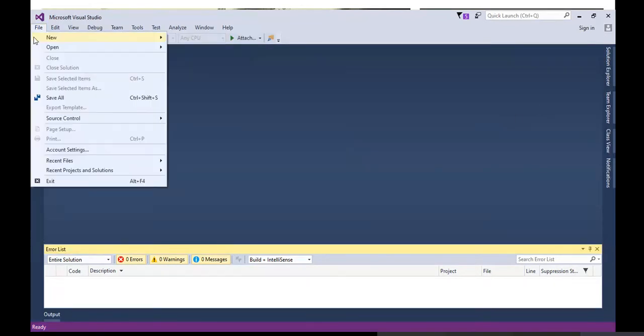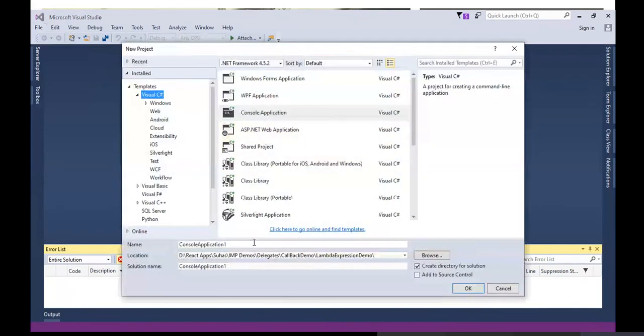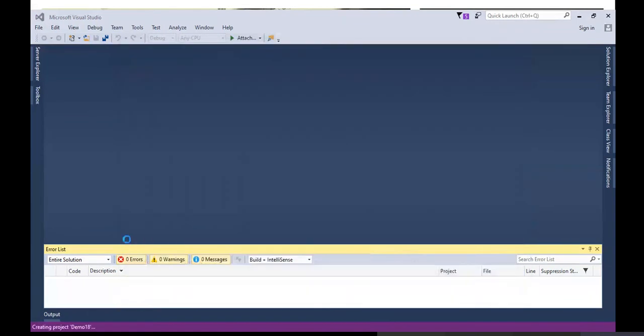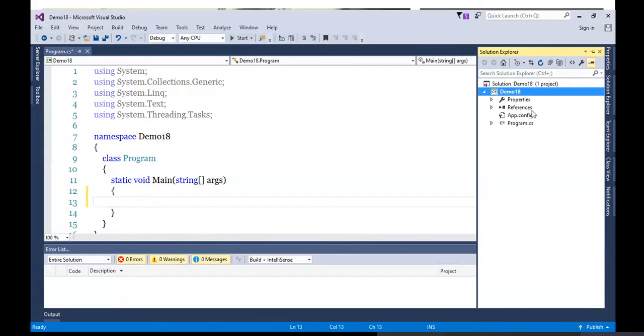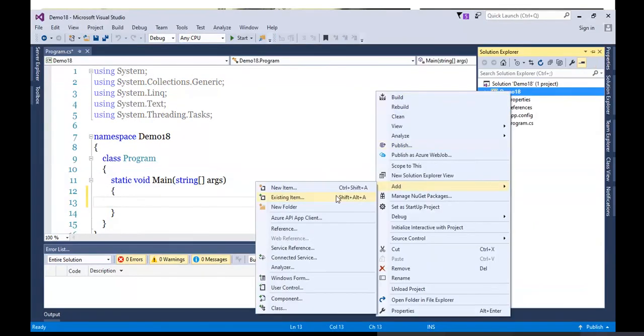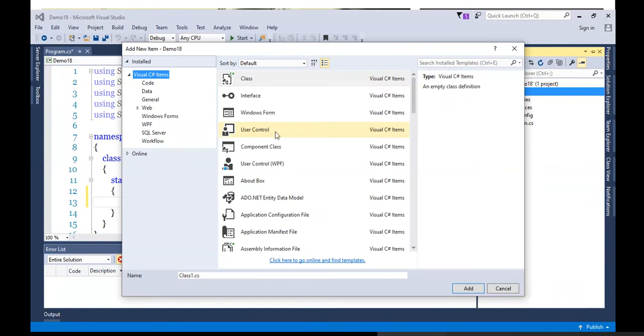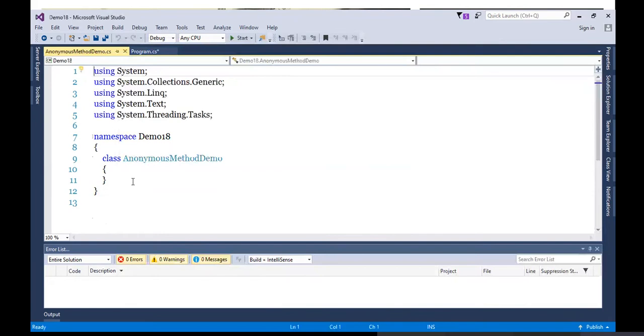So file, new project, let's say Demo 18. Let's create one class again, AnonymousMethodDemo. Let's prepare one method in this.